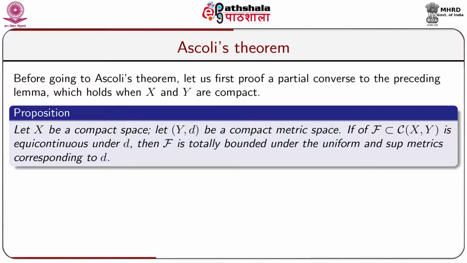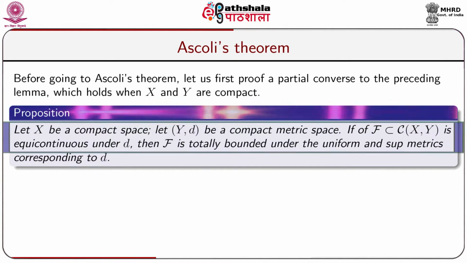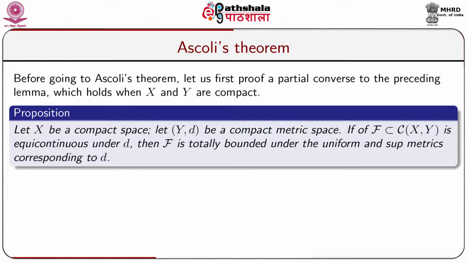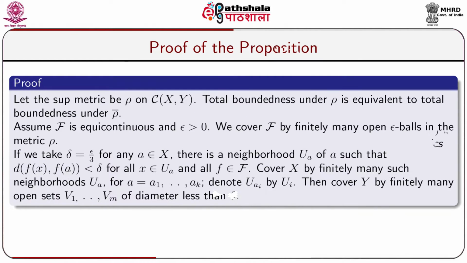Now, to prove Ascoli's theorem, we shall require another lemma. This can be considered as a partial converse to the preceding lemma, which holds when X and Y are compact. Let X be a space and (Y, d) be a metric space. Assume that X and Y are compact. If the subset script F of C(X, Y) is equicontinuous under d, then F is totally bounded under the uniform and sup metric corresponding to d. To prove the lemma,